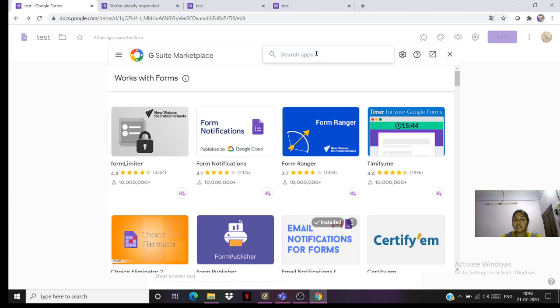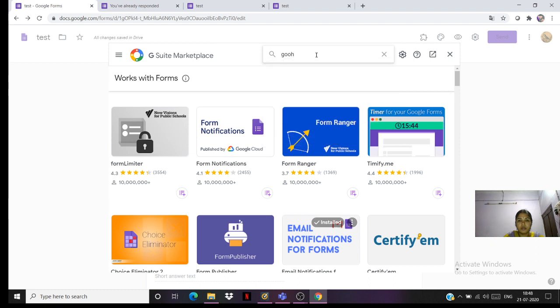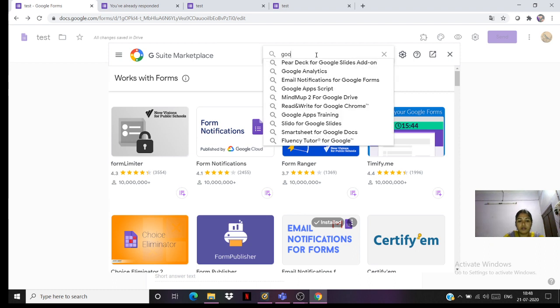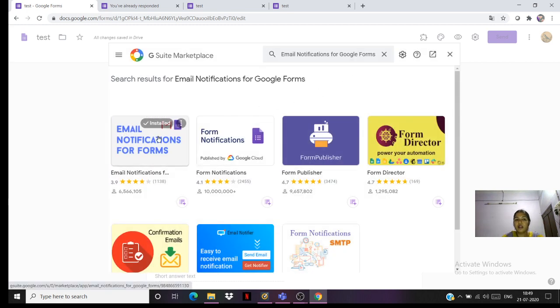But you can write here email notification for Google Form. So when you click this, it will ask you to install this email notification add-on. Install this, give permission, whatever it is asking, and it will be installed. In my case, it's already installed.